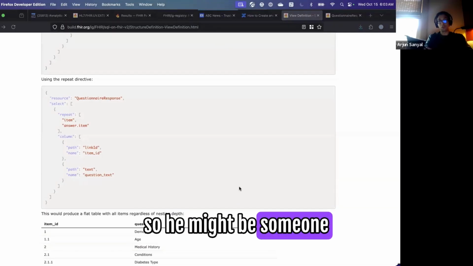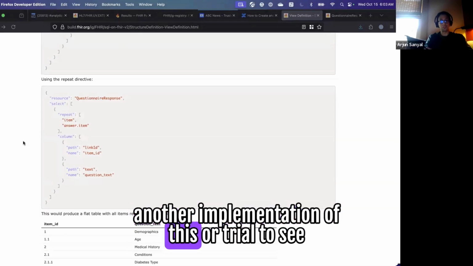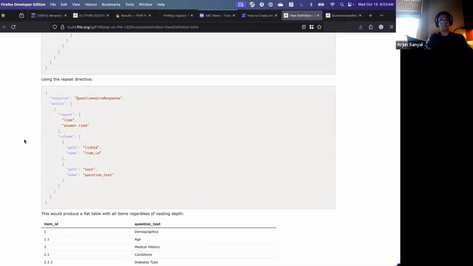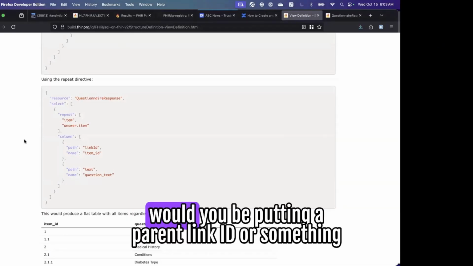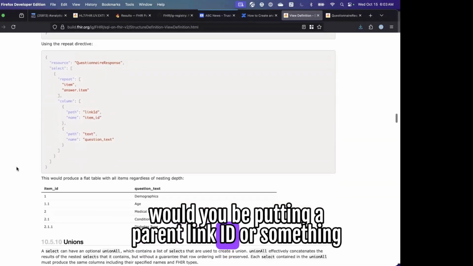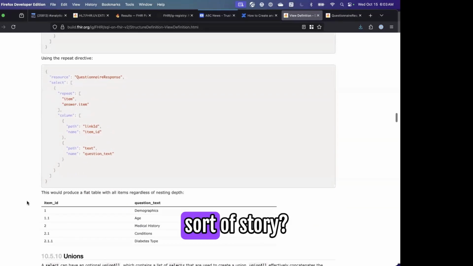He might be interested in another implementation of this, or at least a trial. Looking at that sample you've got there, John, would you be putting a parent link ID or something into that as well? How would you deal with that?